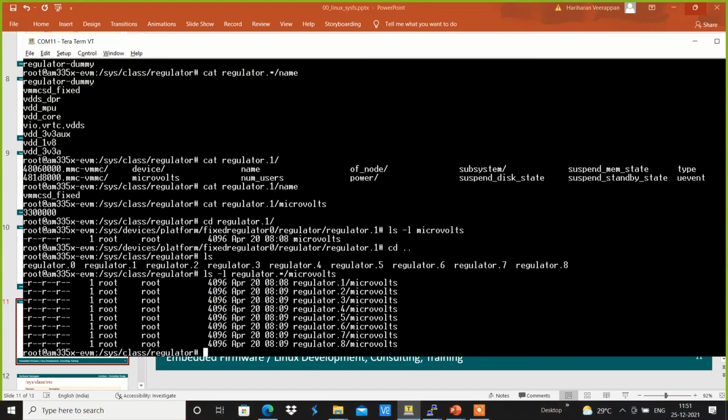All are read only, that is how it was configured. If we were providing dynamic voltage change on the regulator, then we could write into it, and the respective regulator value would get changed accordingly.